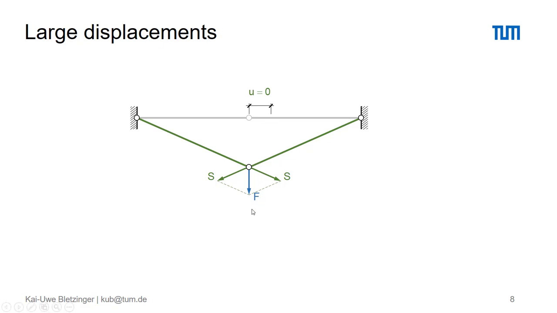Next is that we can decompose the load into the two cable forces to the left and to the right, which again from symmetry must be the same. Then we can take away the right side and reduce our analysis to the left part of our structure. Again, we observe the large rotation, not small anymore, very large rotation phi, and we observe the initial length of our cable link L0 and the deformed length L deformed. Quite obviously, from the triangle, L must be longer than L0.